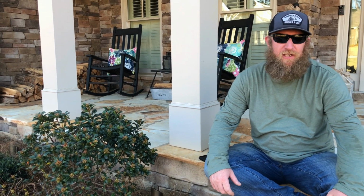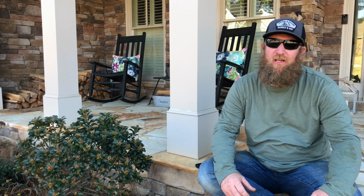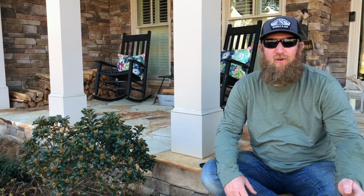Well guys, this is going to wrap up another video at the Southern Reel Mower. This is just a typical ground cover down here in the south. I know a lot of people up north use only mulch and they don't really understand pine straw, but it is a popular thing down here and it's abundant. It's fast and pretty easy to install. I hope this video gave you an inside look or explained a little bit of the process of installing pine straw. The grass is starting to green up a little bit, so we'll start getting into the reel mowing